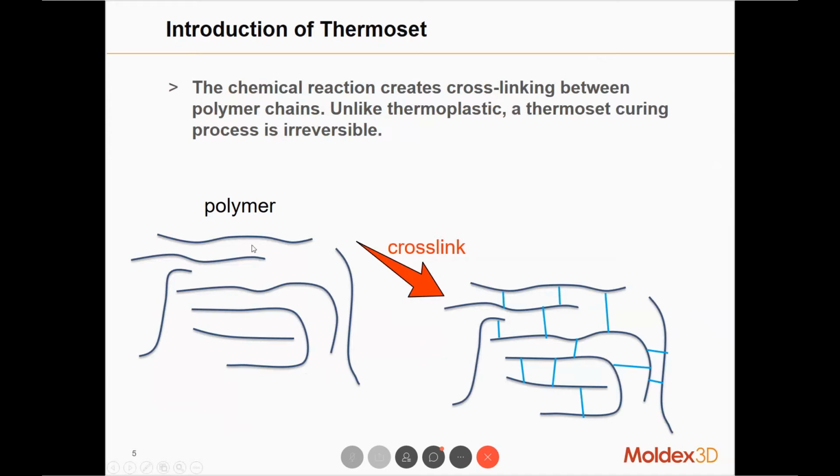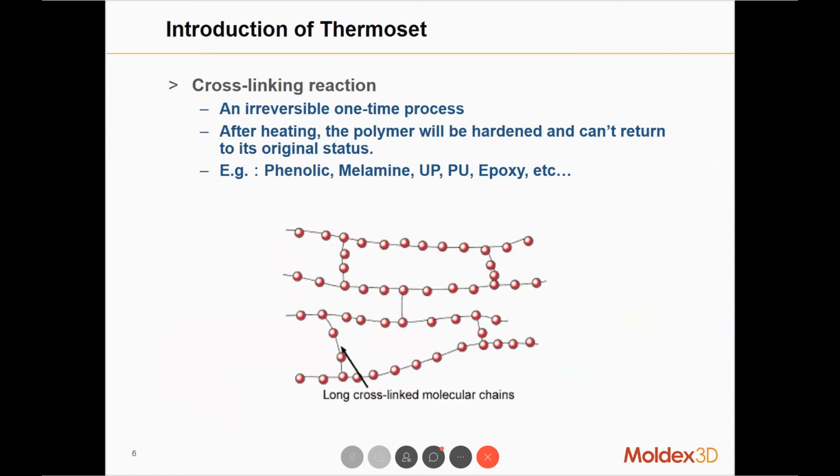So the original material, the molecular chains, are all separated. Once the chemical reaction has taken place, there will be cross-links between all the polymer chains that connect them all together. And this cross-linking reaction, also called curing or conversion, all the same,